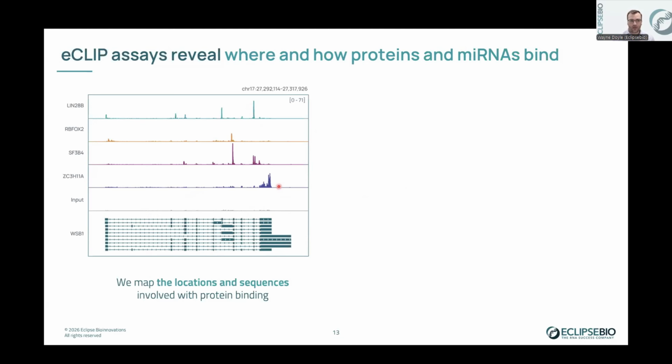And then we have the 4 RNA binding proteins that we examined, LIN28B, RBFOX2, SF3B4, and ZC3H11A. Each of those binds to a distinct site. What we're seeing here are what are called read peaks. So these are the regions of the RNA that are directly associated with that RNA binding protein. And so you can see, for example, that LIN28B is an intronic binder. It's binding specifically at this site, but that's distinct from RBFOX2, which is also distinct from the final RNA binding